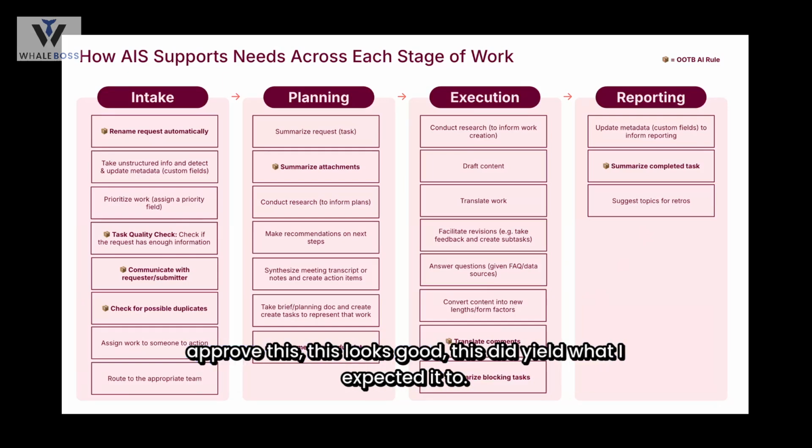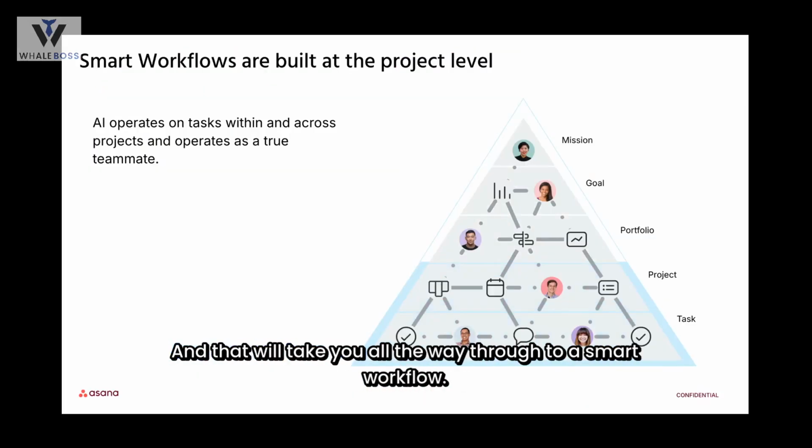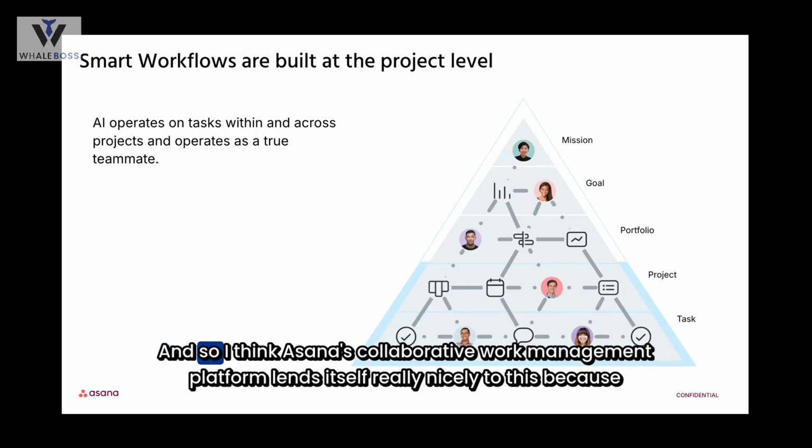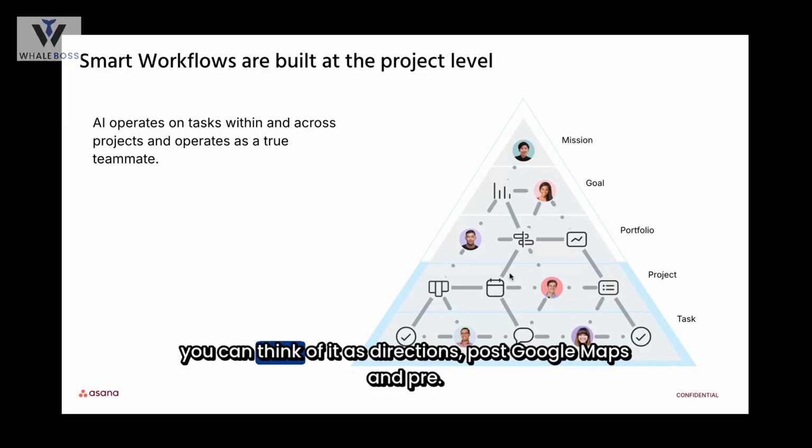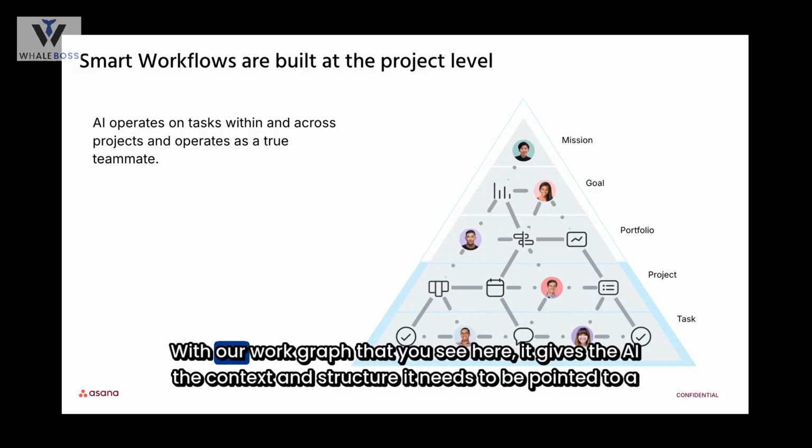This looks good. This did yield what I expected it to. And that will take you all the way through to a smart workflow. I think Asana's collaborative work management platform lends itself really nicely to this, because you can think of it as directions, post Google Maps and pre. Our work graph, that you see here, gives the AI the context and structure it needs